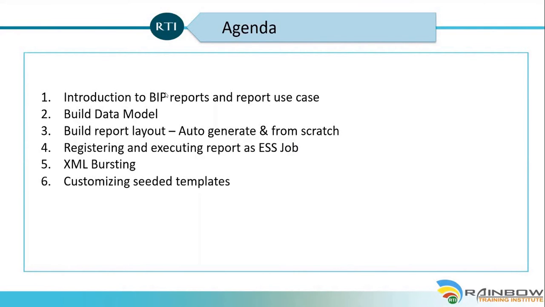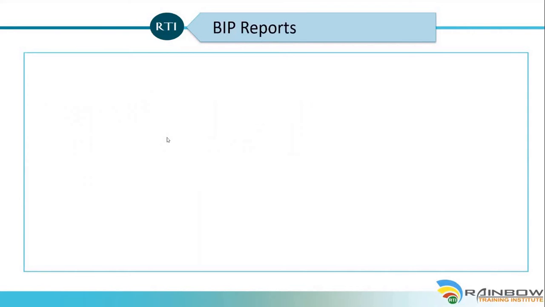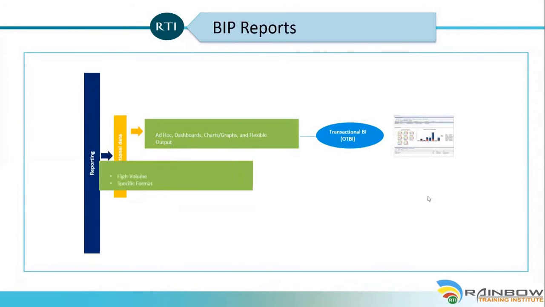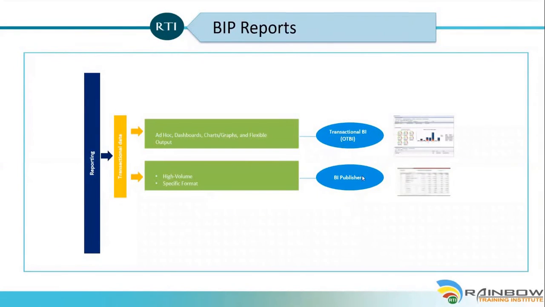And for reports, we've got multiple reporting options, as you can see here. We've got BIP as well as OTBI when it comes to reporting on transactional data. For BIP, we will be using an example from financials. We will be building an AR invoice print report. But for OTBI, we will be using an example from HCM. We will be building an employee assignment report. That way we cover both the use cases.